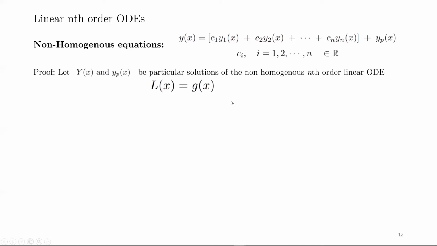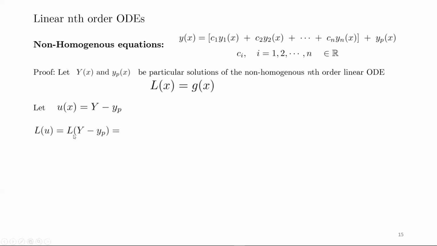Okay, so I know that if I take L of Y of x or L of yp, I'll get g of x back. So let's form a new function, which I'll call u, which is just the difference between these two functions, both of which individually satisfy this non-homogeneous linear nth order ODE. Okay, well, if I operate on this function u with our linear differential operator L, then I get